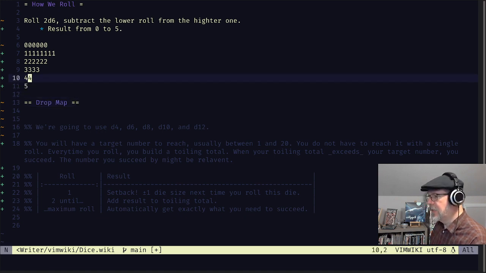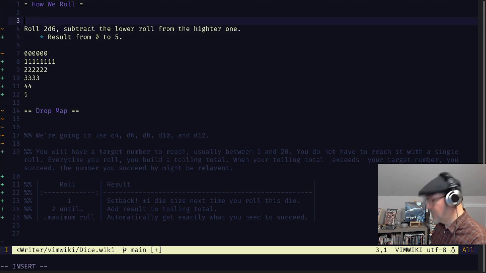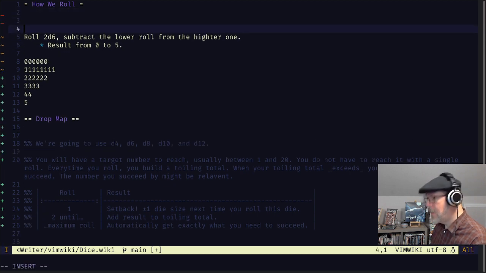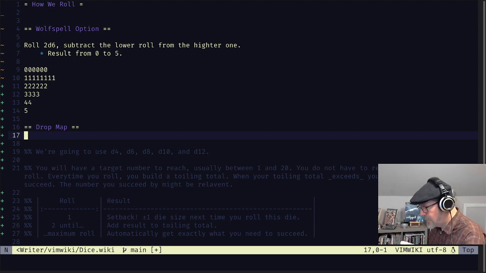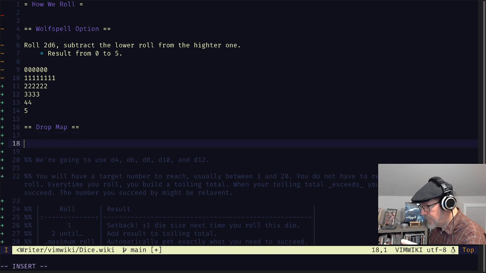I'm going to label this up here. I'm going to call it the wolf spell option because I want to remember to use the two different sides.